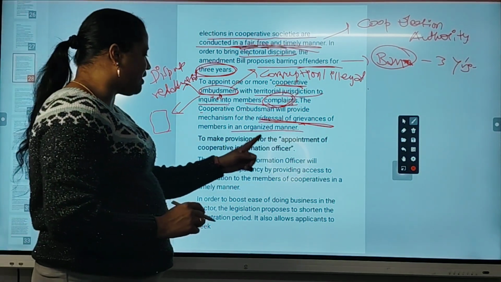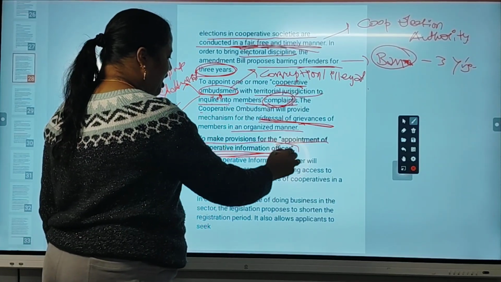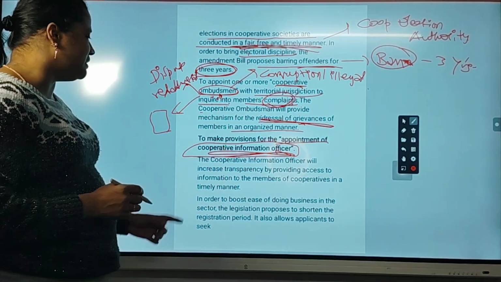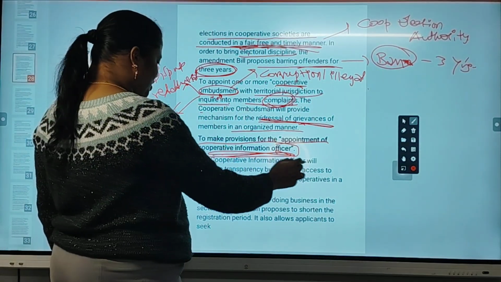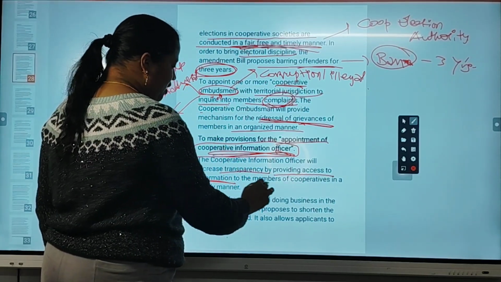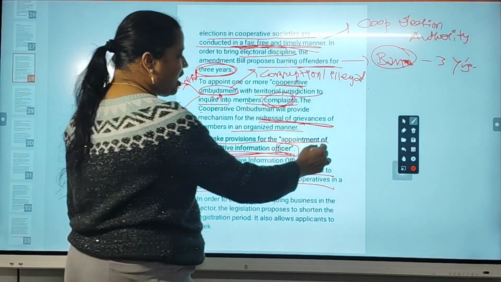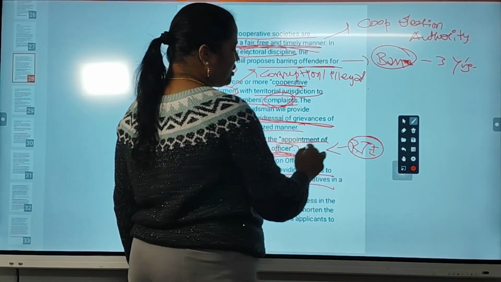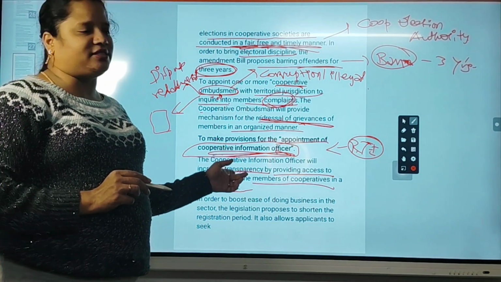To make provisions for the appointment of a cooperative information officer. Okay, one more officer is being established now, that is the cooperative information officer. The cooperative information officer will increase transparency by providing access to information to members of cooperatives in a timely manner. This is under the RTI Act. If any member wants information, they can approach the cooperative society and access the